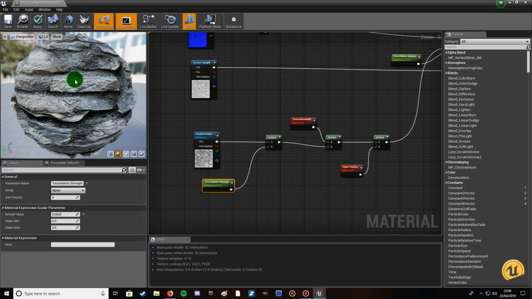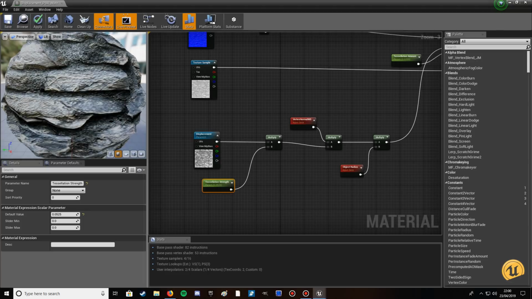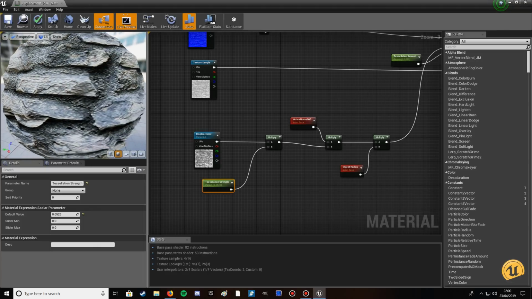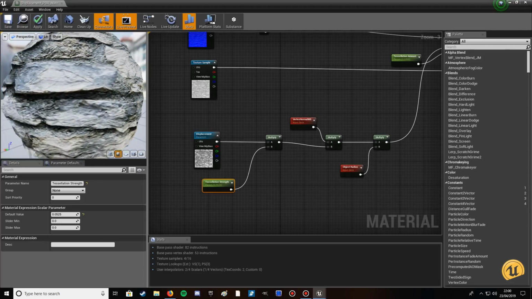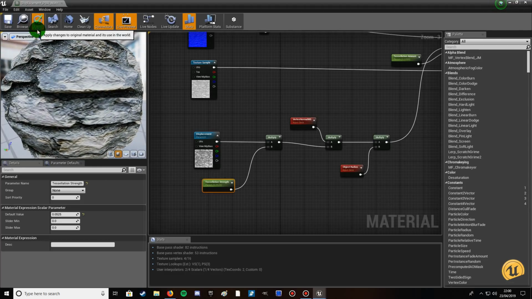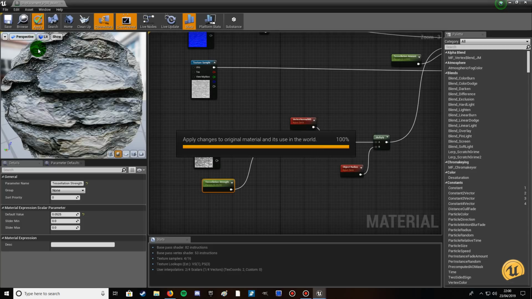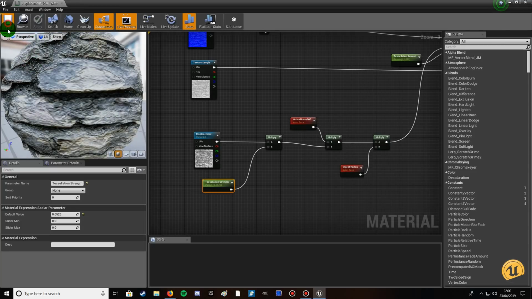Feel free to experiment with these values under the material expression scalar parameters, default value for the tessellation strength and the tessellation amount. But you have to put in real small numbers like 0.0, then your numbers, to make sure it's not completely all over the place. As you see, that's giving it real 3D definition, way better than just a normal map. It's actually displacement texture. Now what to do, give that an apply, give it a save,